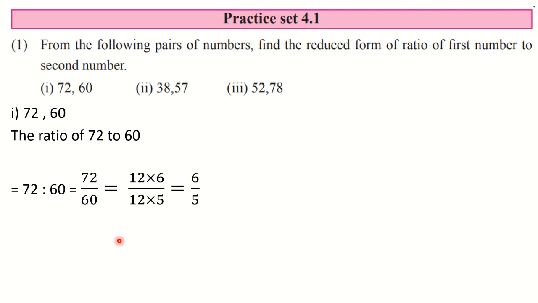So think here that these two numbers, they are coming in which table? Or you can divide these two numbers by what? So immediately you will come to know that these two numbers are there in table of 12. 12 6s are 72 and 12 5s are 60. So as I have said, there is always a common multiple. Here the common multiple is what? 12, which you can cancel from both the places, and the reduced form is 6 upon 5.